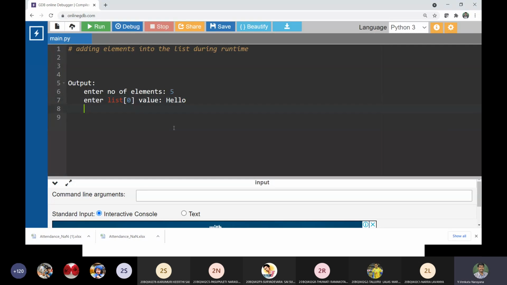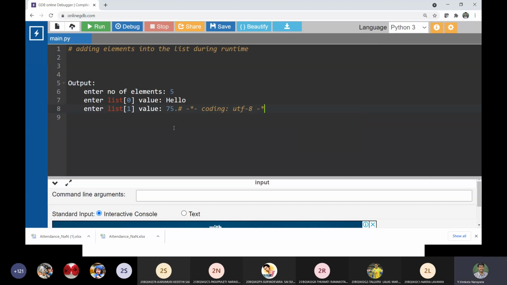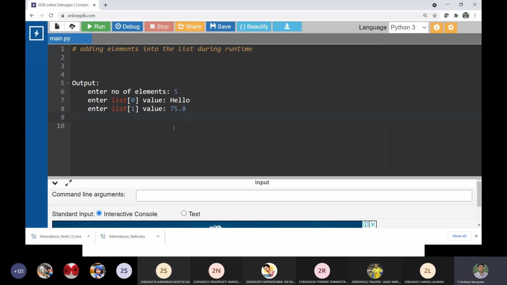Since a list contains different types of data, which is allowed, in a similar way, list of 1, let it be 75.8. Coming to the next element, list of 2, let it be an integer, 85.